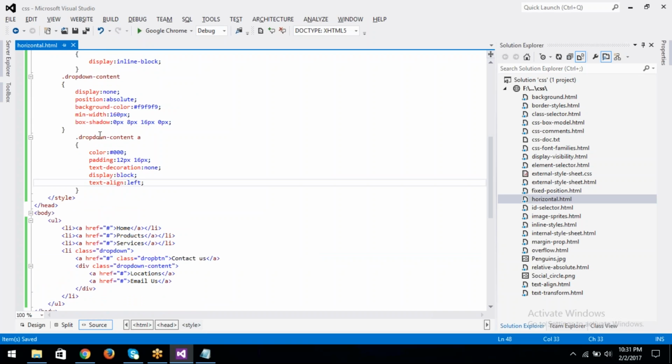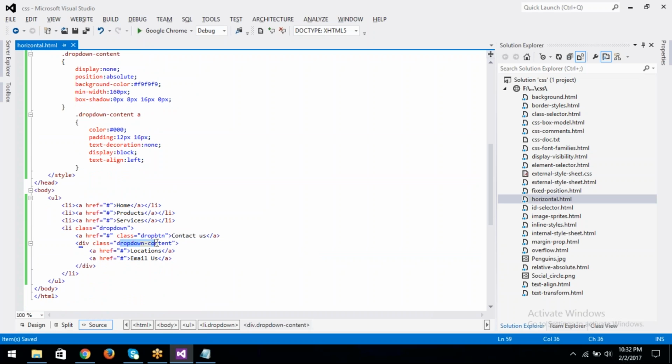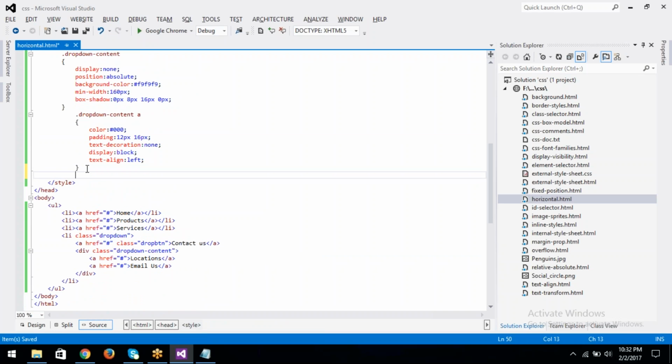Okay, so in drop down content we have anchor tags, and next class is